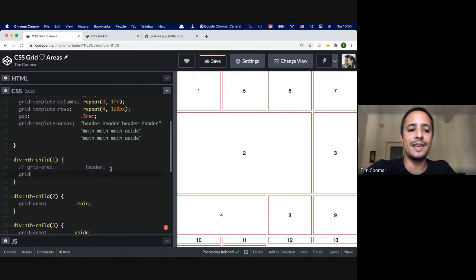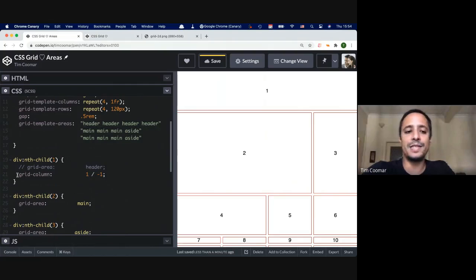The old way is to say grid column 1 / -1. That's the way that we already know. But because I have this grid area, if for whatever reason I wanted to use this syntax, I could actually write header starts